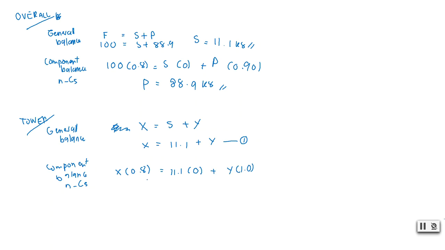So at the end we are going to get 0.8X equals Y. This is equation 2. So substituting 2 into 1,